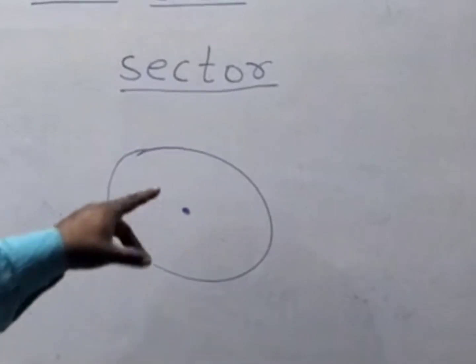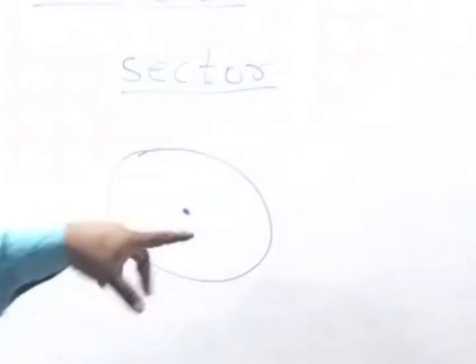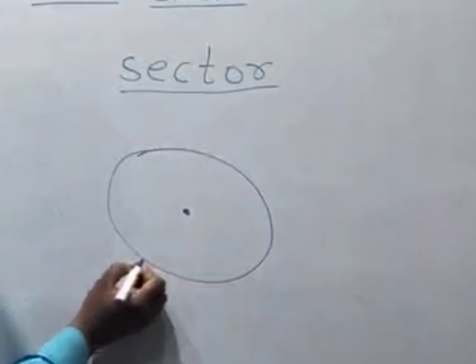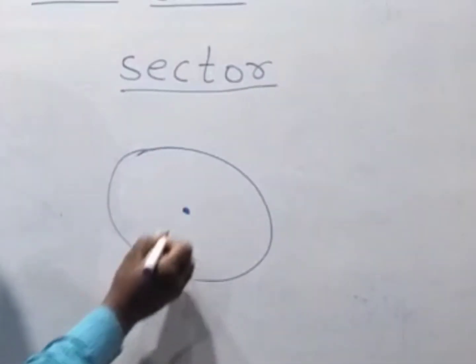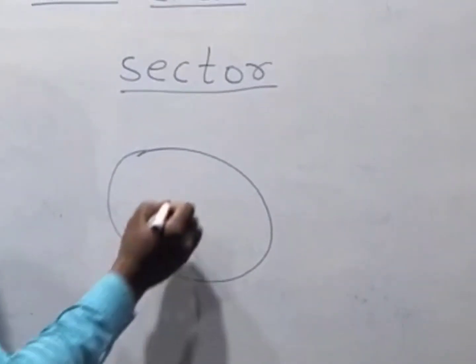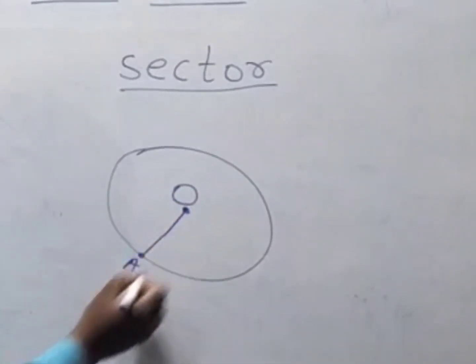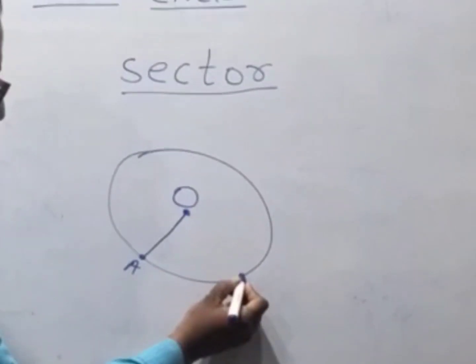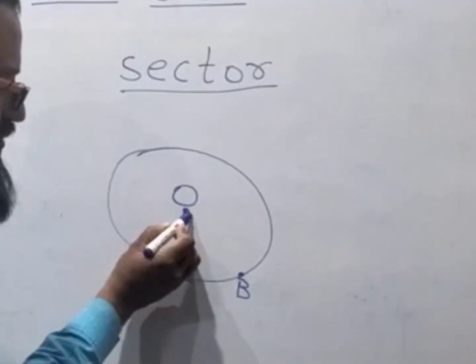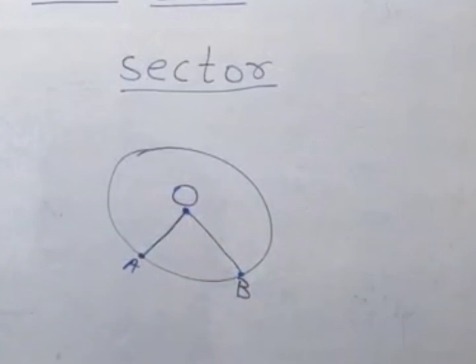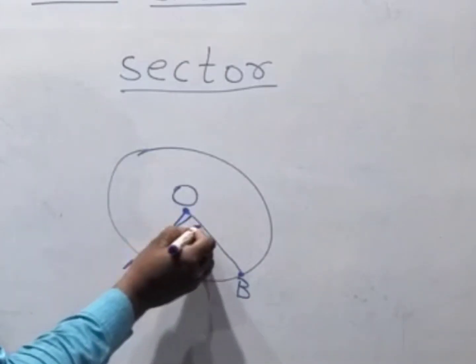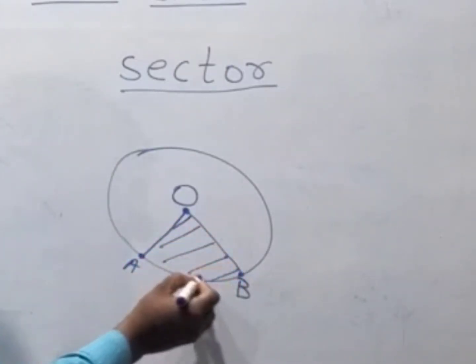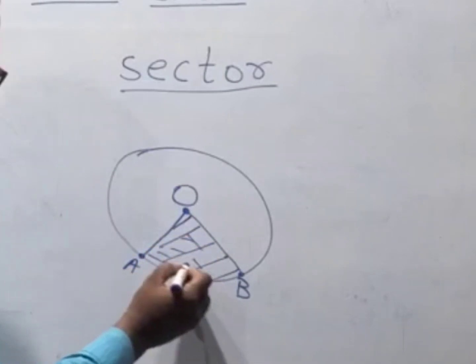we can draw two radii in this circle. 2 रेडियस हम ड्रॉ करते हैं। मान लीजिए एक पॉइंट हम यहां ले लेते हैं A, इसको ड्रॉ कर देंगे तो एक रेडियस ये हो गया। ओके, एक और पॉइंट ले लेते हैं B, इसको मिला देंगे O को और B को, तो एक रेडियस ये हो गया। ओके, ये समझ में आ रहा है? तो दोनों रेडियस के बीच में ये जो एरिया बन रहा है, ये जो पार्ट बन रहा है,